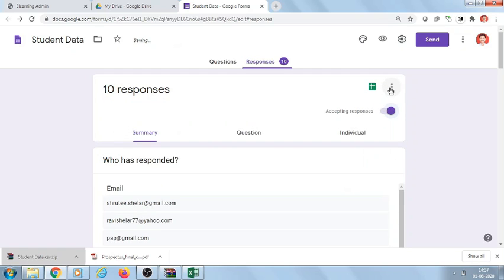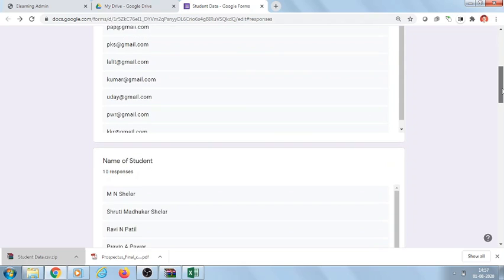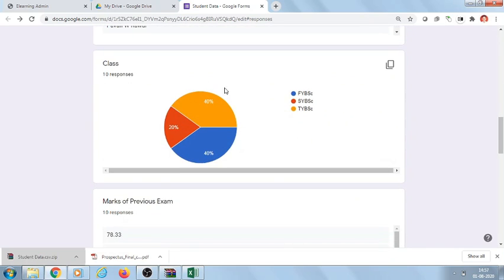We can also see the summary of the responses which are written. You can see these are the email IDs of all responses, name, then class. Here data analytics is automatically prepared. If you see here, 40% students are from TY, 40% from FY, and only 20% from SY.